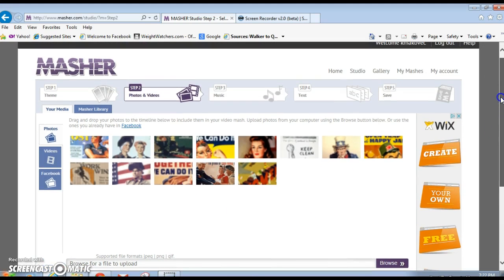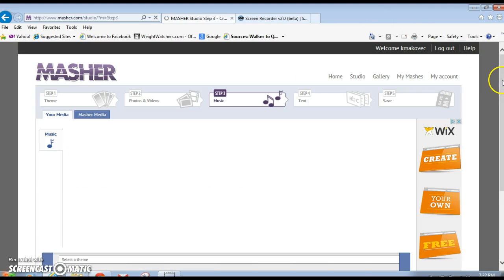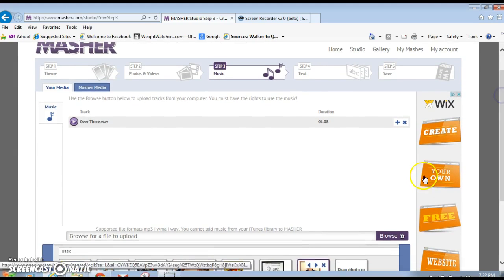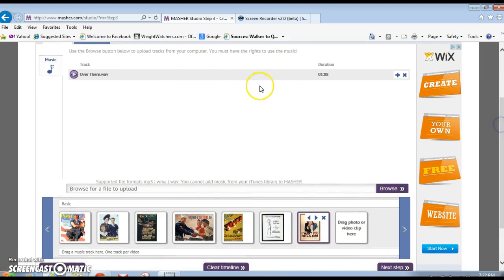Now you can add music. I already uploaded a song on here because again it kind of took a little bit of time. You can click browse and then it'll upload here, and then all you do is drag the song down to here where it says drag a music track here. You're only allowed 1 track per video, so that's another limitation of the site. So you can arrow over to the next step,